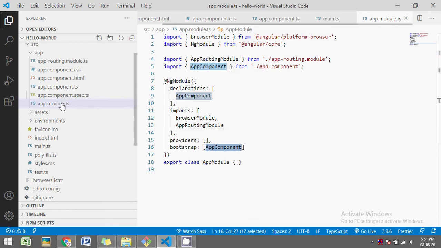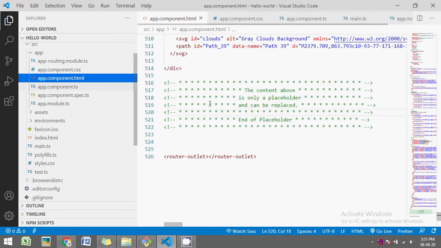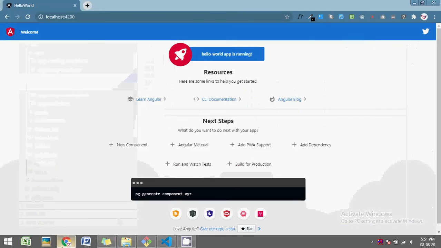So let's go to the app.component.ts file. As mentioned earlier, a component is made up of HTML, CSS and TypeScript. So here in our TypeScript, we are telling what the URL of the HTML file and style file for this component is. Now go to app.component.html, and our default page is coming from this HTML page.